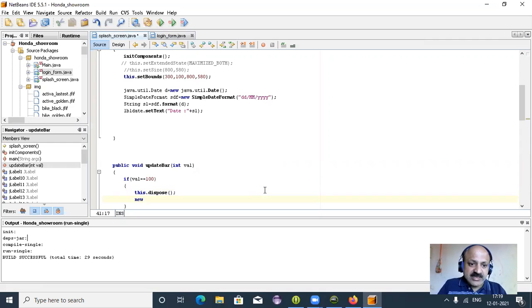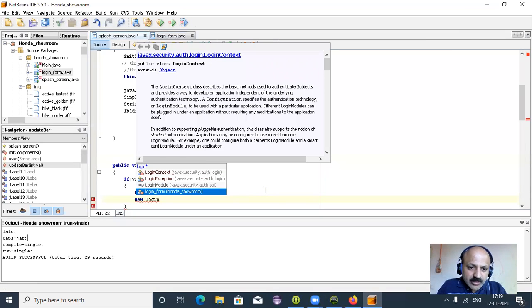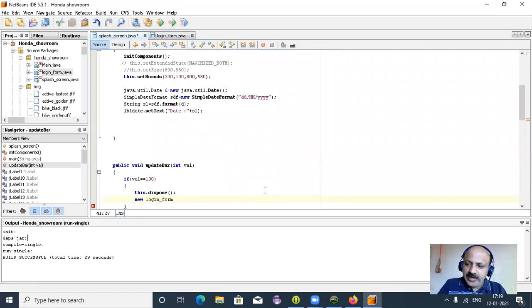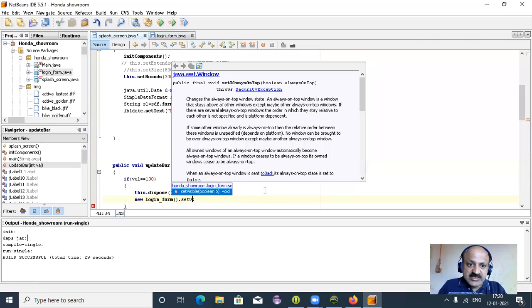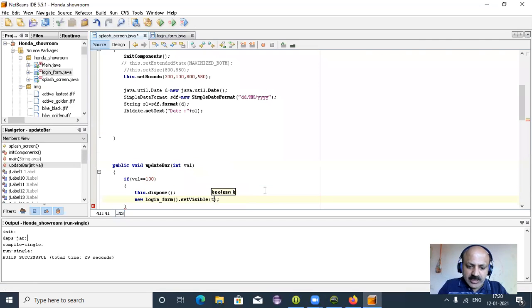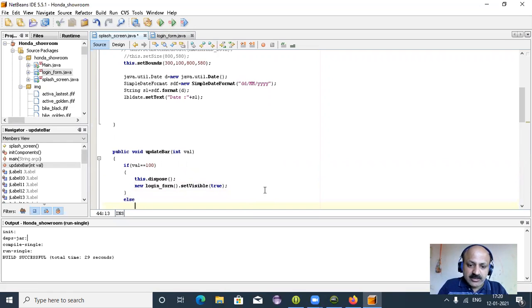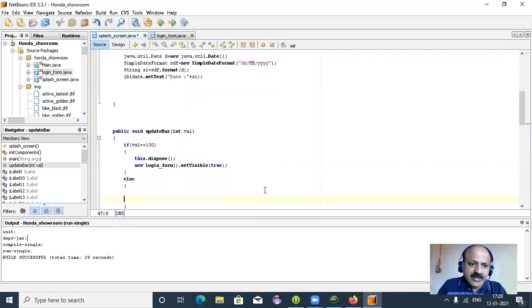So new, yes, a nameless object, and we can take it as login. You can look here, our form name is library login underscore form. And yes, in this constructor, so we can say setVisible. Yes, that is a method, and we can pass true. So when the progress bar value is 100, the login form opens, and in the else part we can take